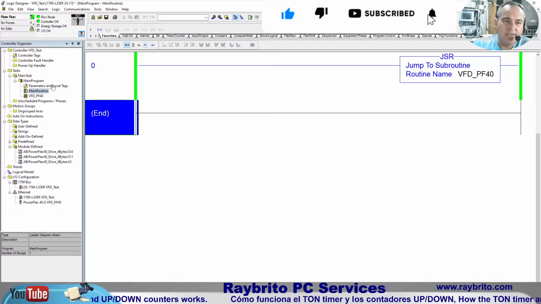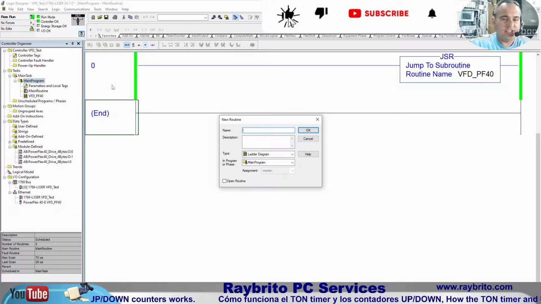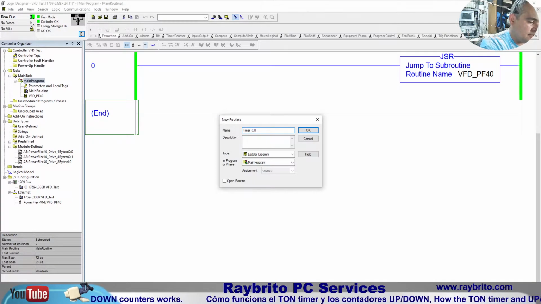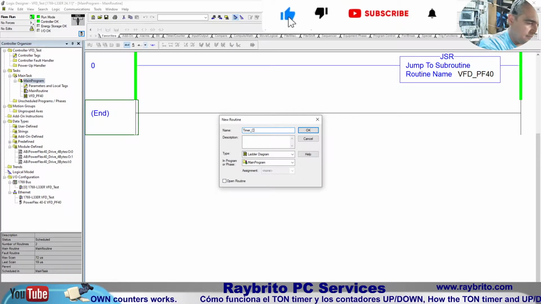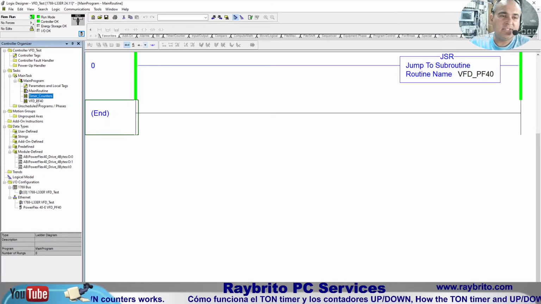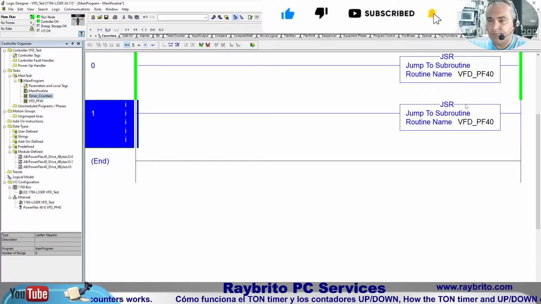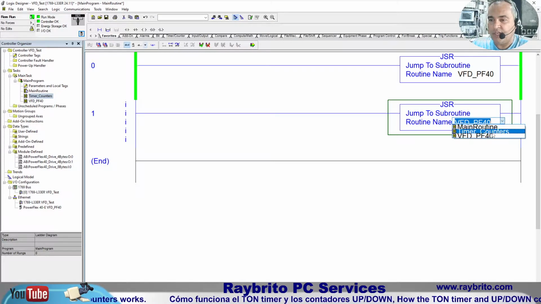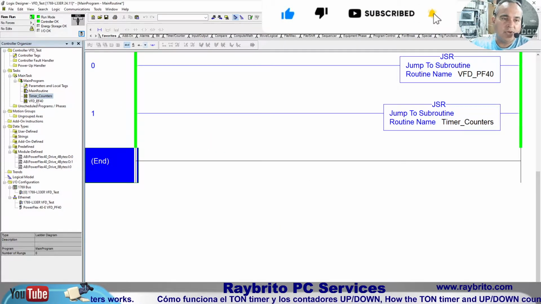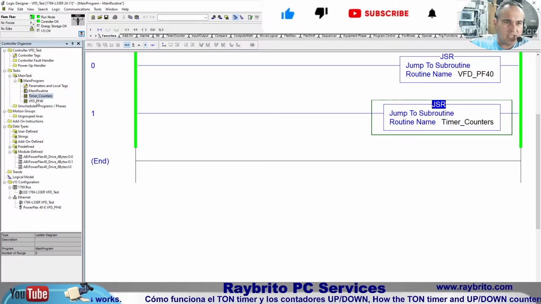Okay, very first thing I'm going to do, la primera cosa que voy a hacer es voy a hacer una nueva rutina. I'm going to make a new routine. Okay, let's put that one timer for name timer counters. Timers and counters. Back here, let me copy this one. Let's copy the jump to subroutine. That way we enable that subroutine on the other side. Okay, ya que habilitamos la otra subrutina de la que acabamos de hacer, de los timers y los contadores,